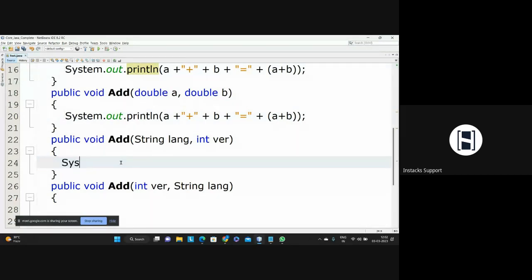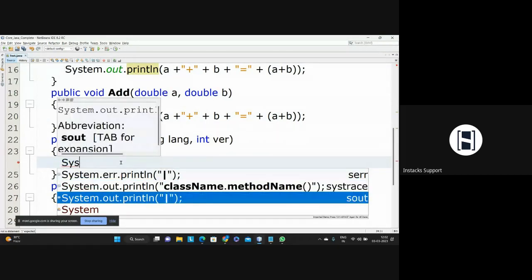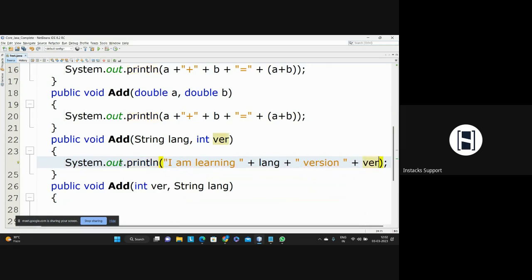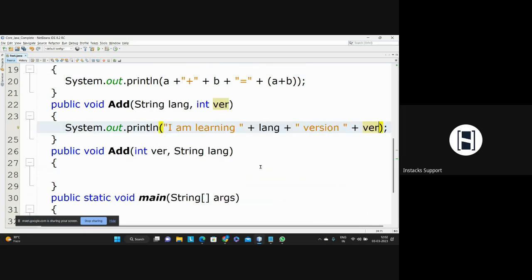I'm just going to say, I am learning, lang plus version plus var. Okay, so here we are just going to do the simple operation of concatenation. Right, now for this add function,